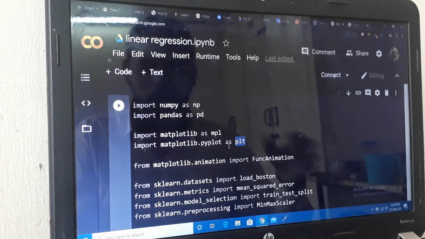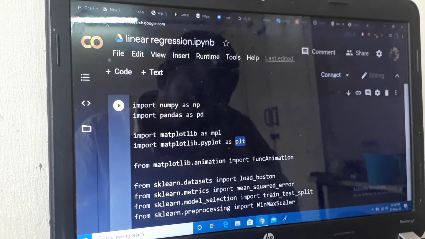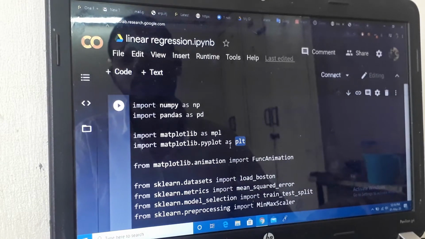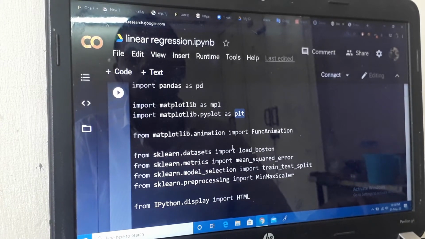Plot means if you want to plot a graph in tabular form, rectangular form, pie chart, or random plot, it is used for this.